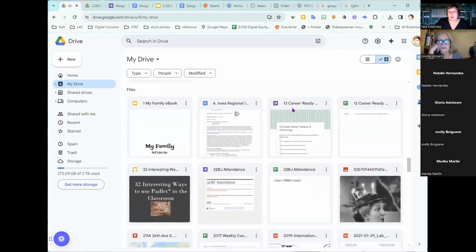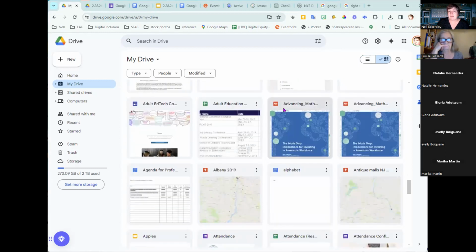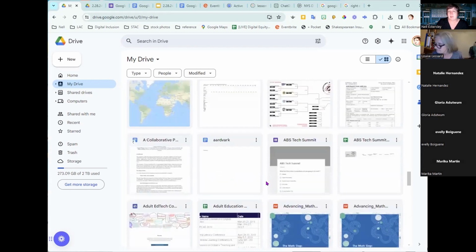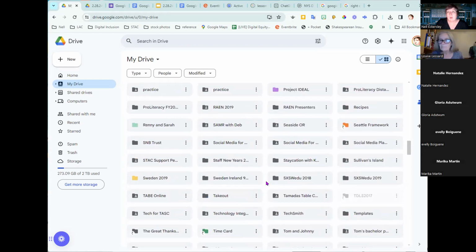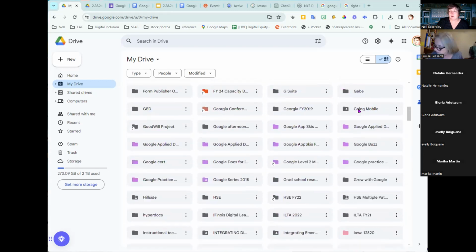If I get down to the documents, so back to that question, Gloria, I think it was you who asked, if you're just keeping your documents there and you don't have a lot of folders, then this might be a great view, right? It's pretty handy. I don't have to even read these words. I can just look and see what these images are, and that tells me a lot. So there's no right or wrong. That's why they give you both, but you want to consider what's easier for you.